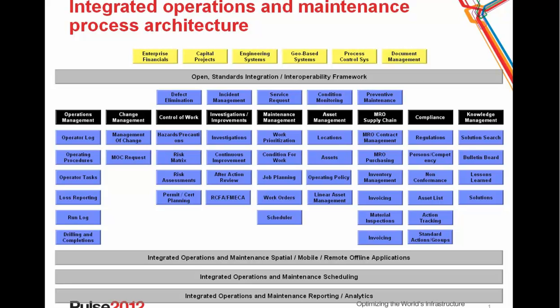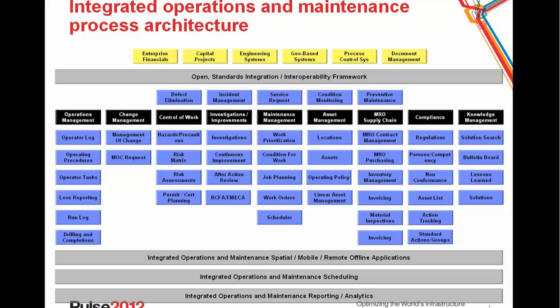If we move over one, we can see that there is change management capability that's been added to Maximo. This is really to do your due diligence around tracking sign-offs, approvals, pre- and post-start actions relative to a change that you're going to make in your organization. There's a lot of capabilities added around controller work and defect elimination. These include the ability to define a risk matrix and apply a full-blown risk assessment against work, projects, assets, locations